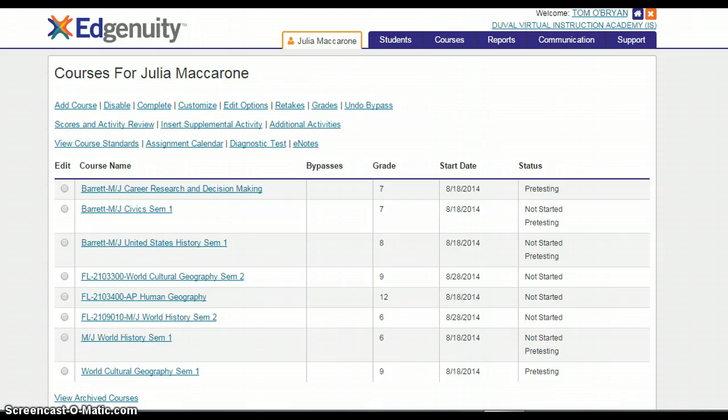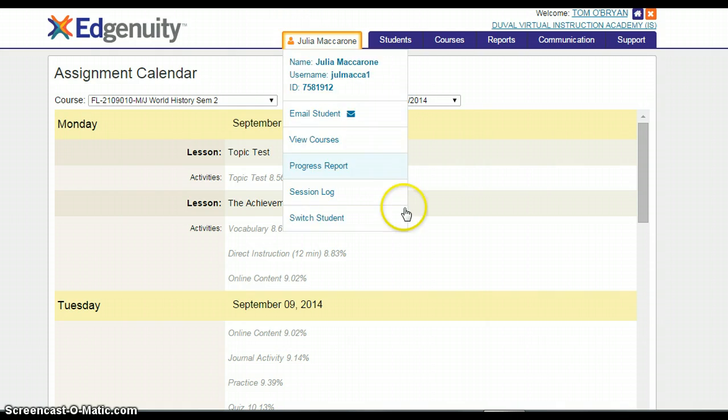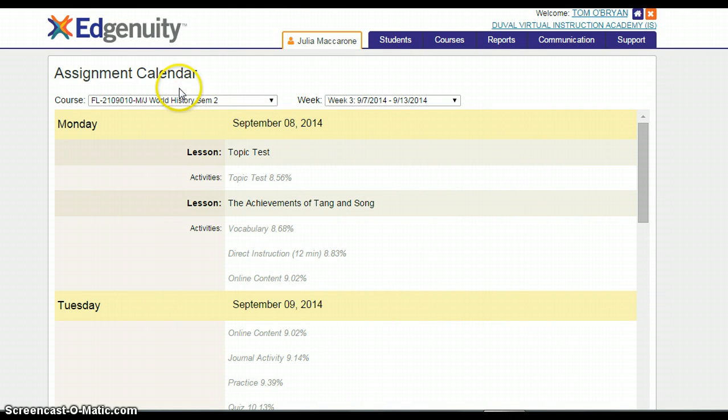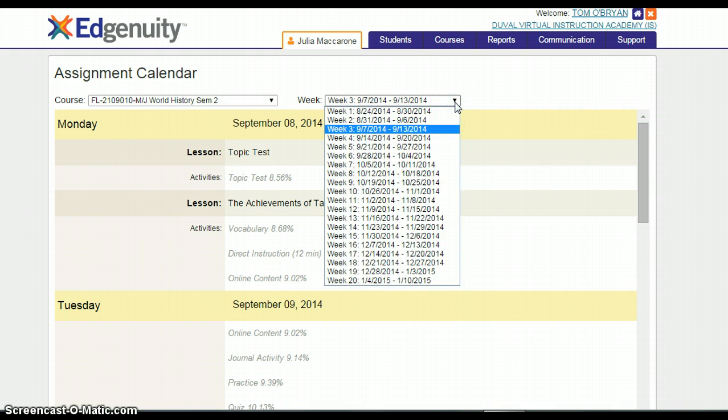So what I'm going to do now is click on this assignment calendar that the students will see for each one of their classes. I'm going to click that on, and you will see it takes us here. The assignment calendar for this particular class, this would be World History, Semester 2. You can scroll down and pick any given week in the semester and see what assignments are due. So just for illustration purposes, I went with last semester, and I picked week 3 of this World